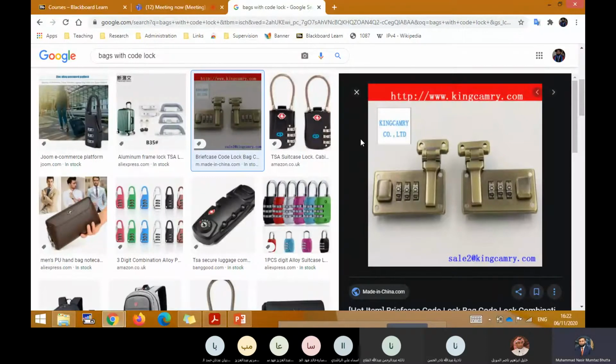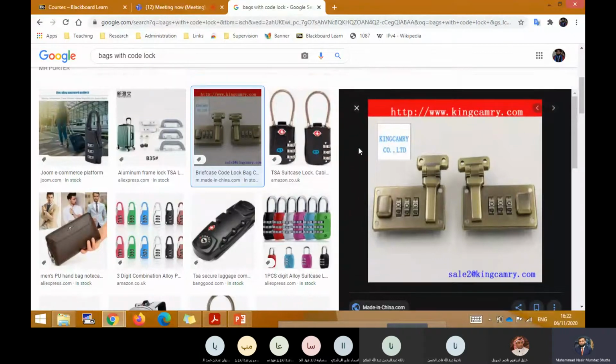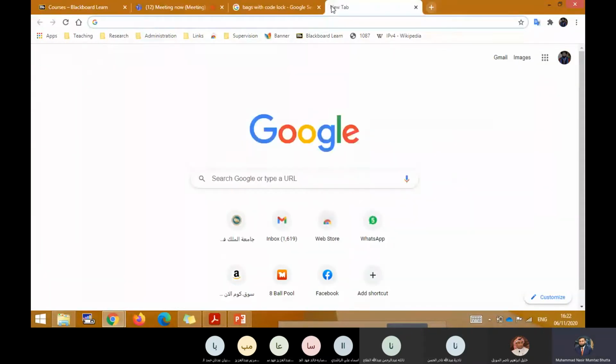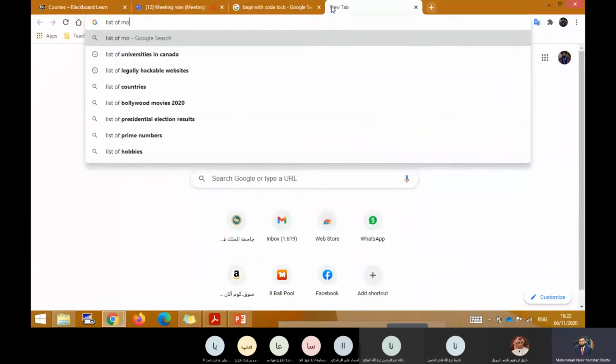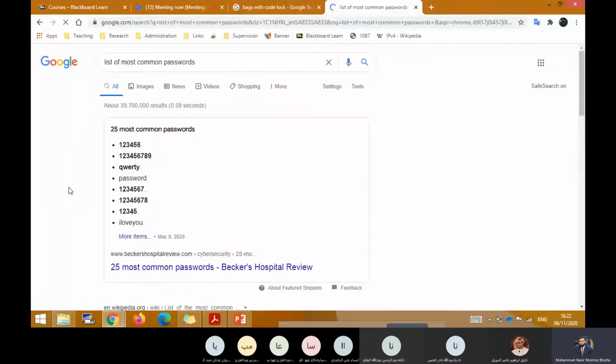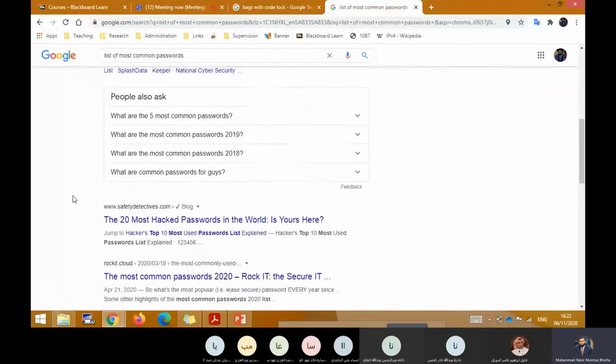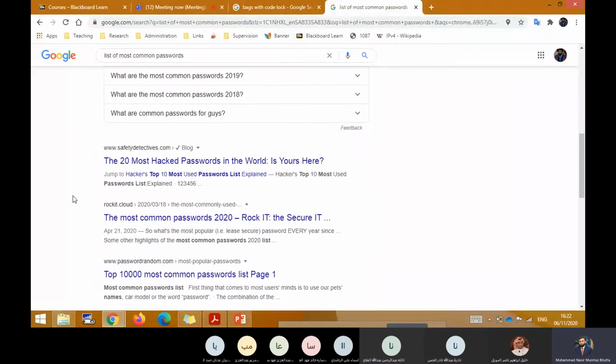So that's why when we detect passwords, you can also take help from a dictionary. I tell you, there is a list of the most common passwords. If you search, you can see there are lists of most common passwords, or even hackers have created their own dictionaries.